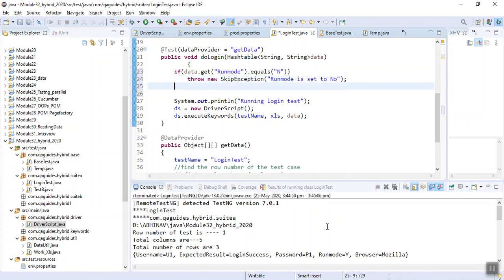Fine. If it is no, then it will skip this case. Now just run the login test.